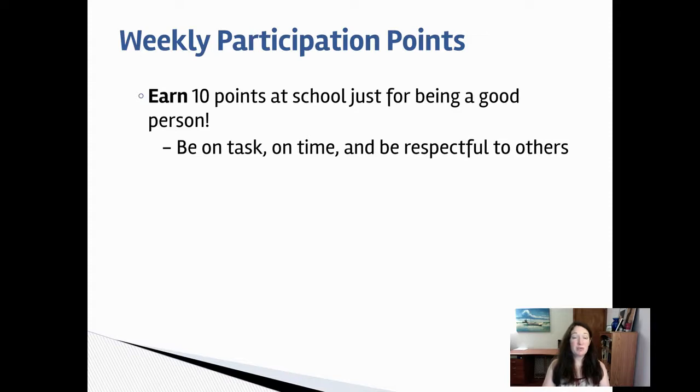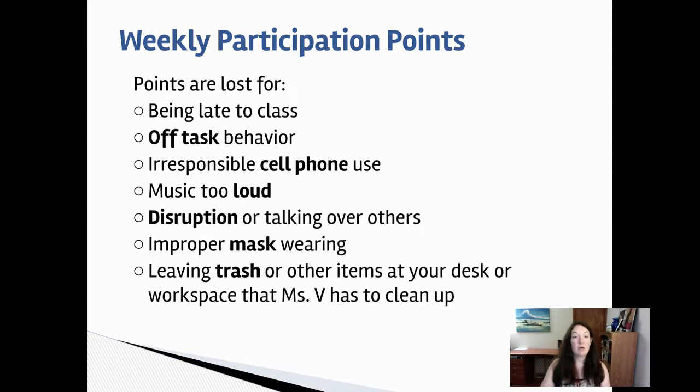Weekly participation points are an opportunity for you to earn some extra cushion, extra points, just for being a good person, just for being a good student in class. As long as you are on time, on task, and respectful to others, you'll earn 10 points, easy peasy. The points could be lost, though, if you are late to class,